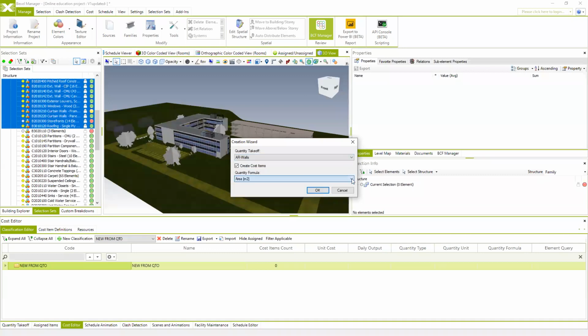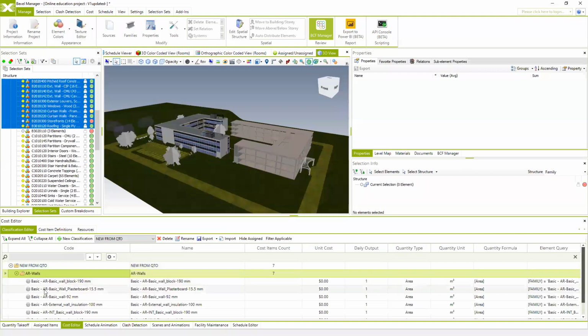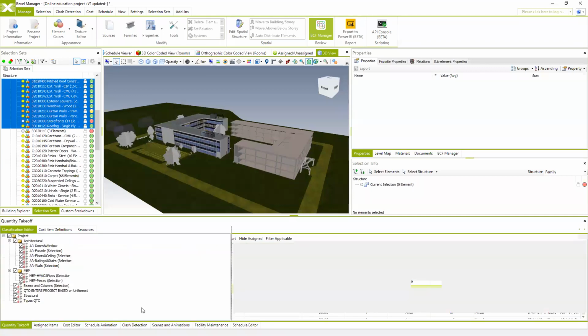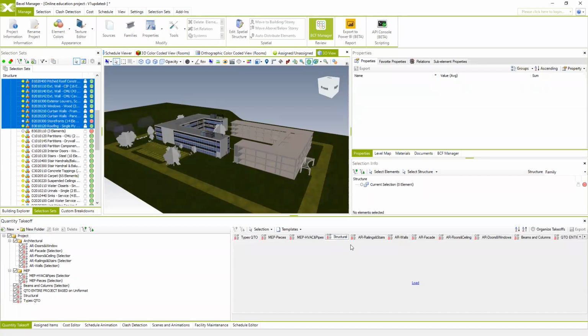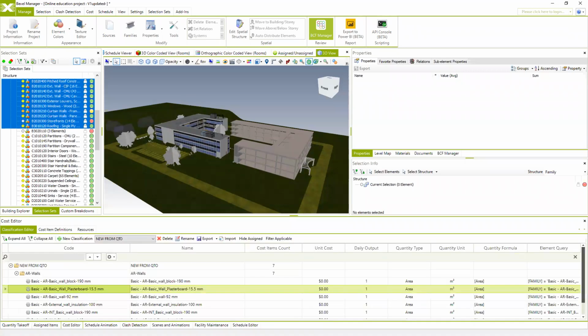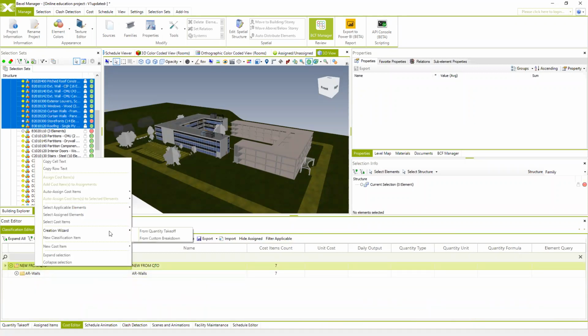Automatically the system checks the formula based on the available properties within the quantity takeoff. So we have the architectural walls. Automatically we have the query, and we even have the quantity unit. If I go to my quantity takeoff and, for example, see the structural quantity takeoff, how it's created, and it calculates the volume, then we can go to the cost editor and do additional classification right here from the creation wizard,